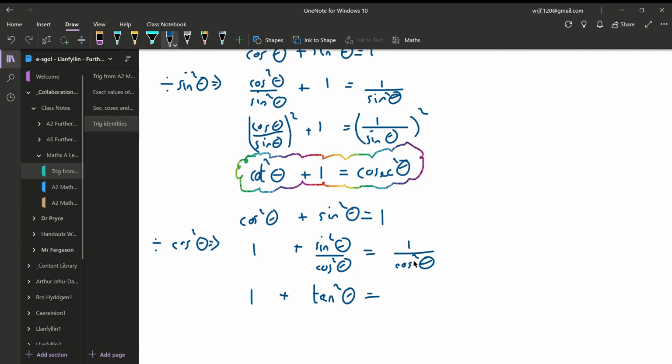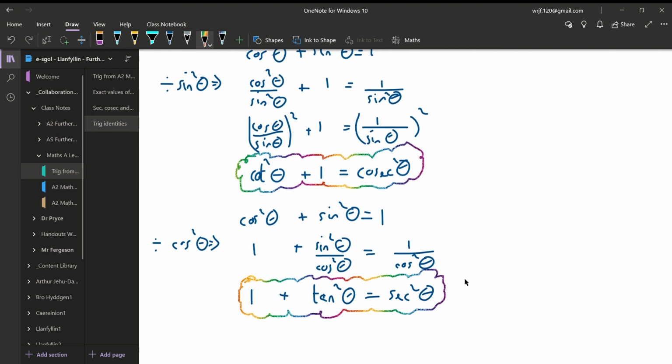And 1 over cos squared theta is the same as the square of 1 over cos theta, but 1 over cos theta is sec theta. So here we have 1 plus tan squared theta equals sec squared theta, which gives us another identity that proves to be quite useful. And involving another of the reciprocal trig functions. So we've got all three reciprocal trig functions in some form of identity now,